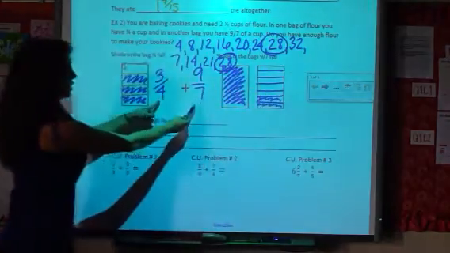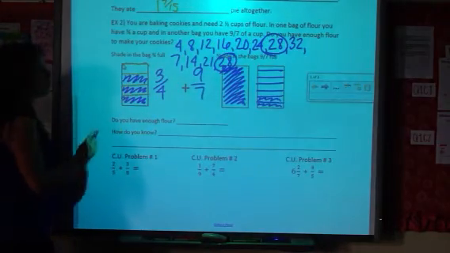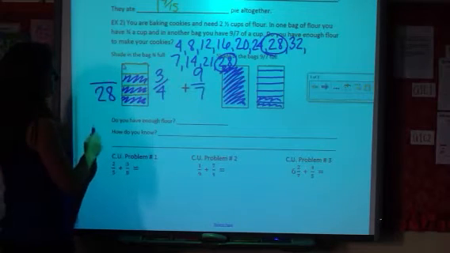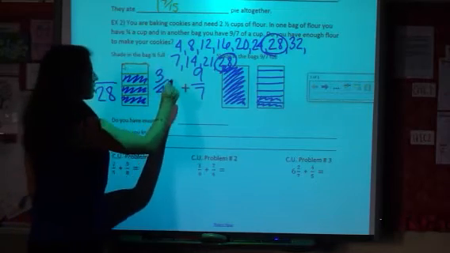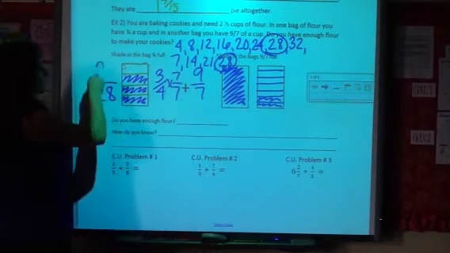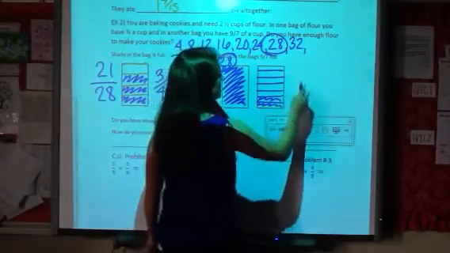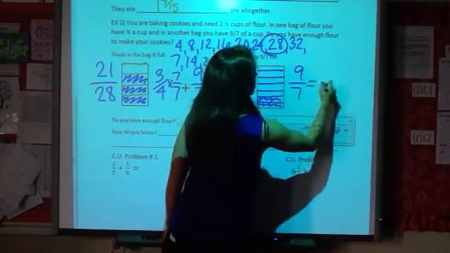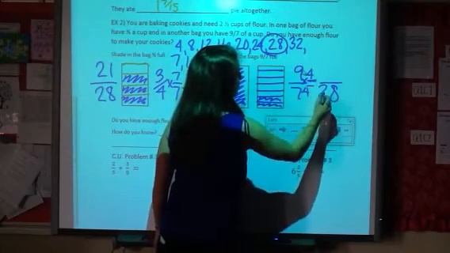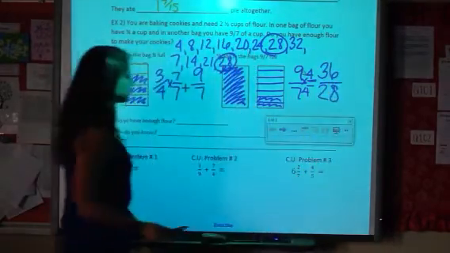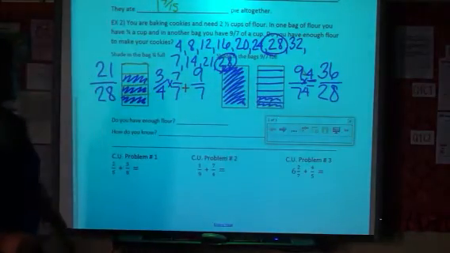And really, you could have just multiplied those together. And you can see that 28 is my common denominator. So if I want to slice this into 28ths, I need to make each fourth broken into 7 more cuts. So I'm going to multiply by 7 over 7, and I get 21/28. And then 9/7, in order to get it to 28, I'm going to multiply by 4/4. Okay, so then I get 36/28. So then I can add 21/28 with 36/28, and I get